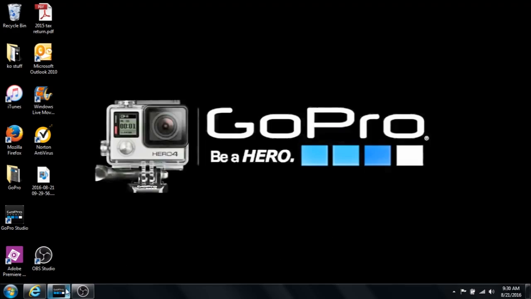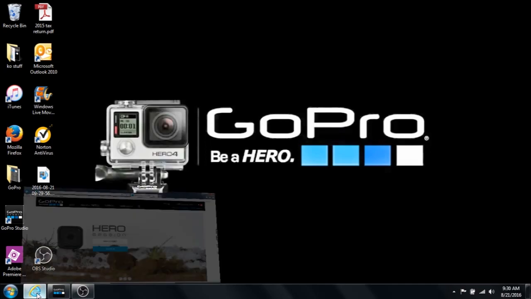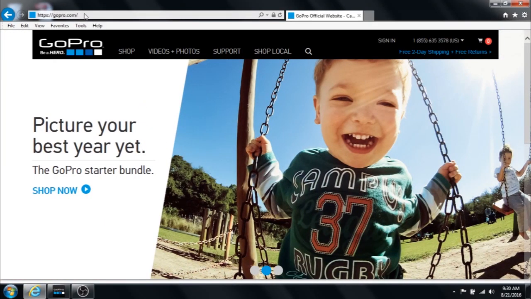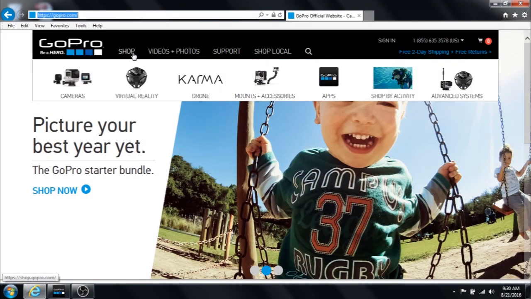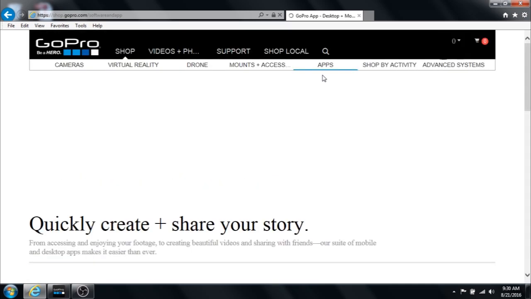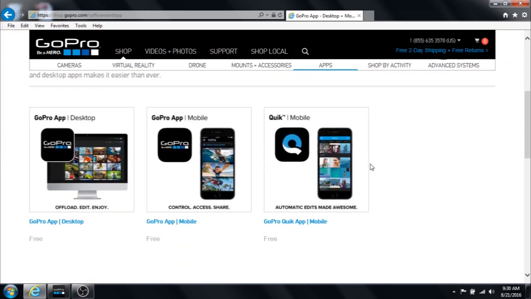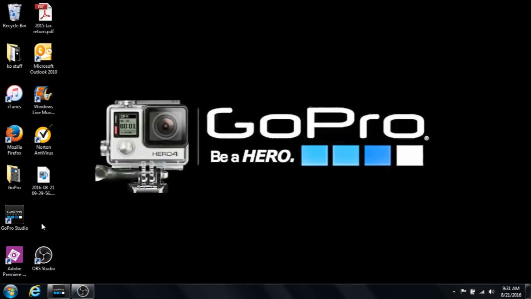First thing you'll want to do is to go onto the internet to GoPro.com, and then you will want to go under Shop and over to Apps. This is where you will download the GoPro Studio app that has the software in it. And you will basically choose probably desktop, and it will download it, and then you can open it. Once you have it downloaded, you will find an icon that says GoPro Studio, and you'll want to open that,